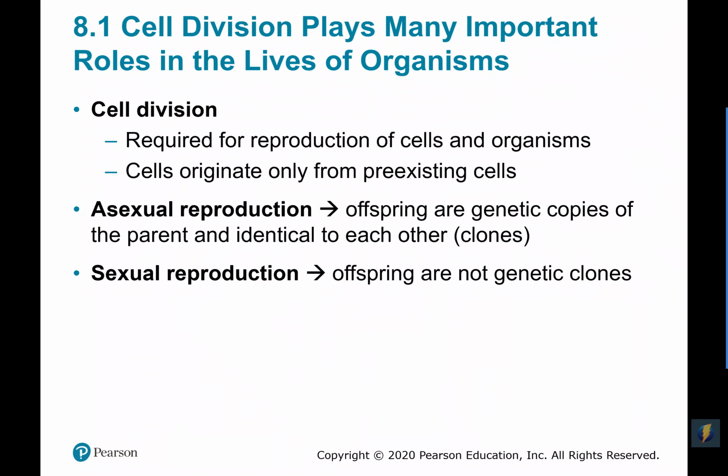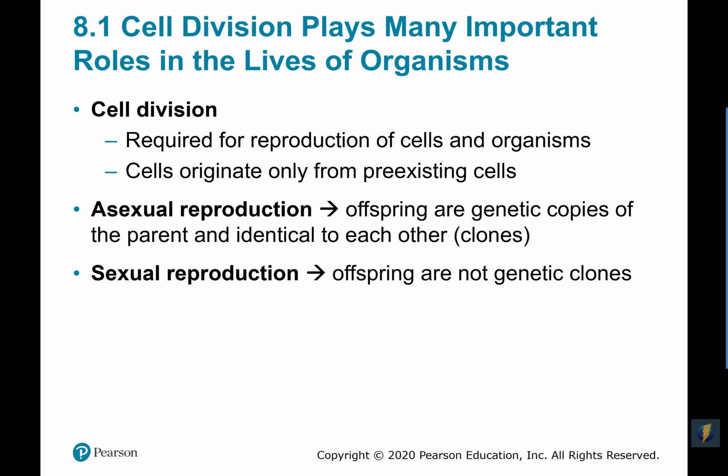When we're talking about cell division, what we are talking about is splitting the cells. So this is required not only for reproduction in terms of making new copies of an organism and continuing species, but it's also required for growth and healing and development. Anytime we need to make a new cell, it has to come from a pre-existing cell. That's part of the theory of cells. They don't just spontaneously arise. They have to come from some pre-existing cells. And so we do that through cell division.